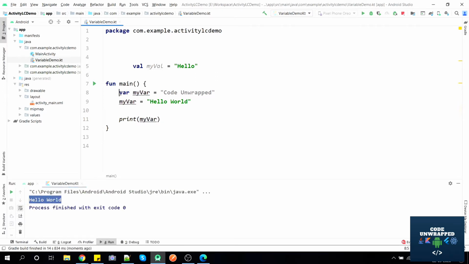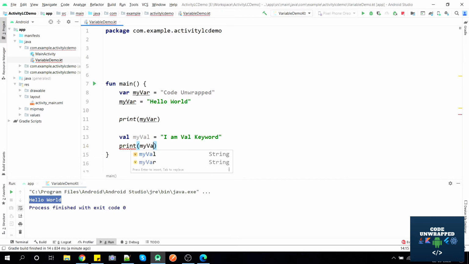So through this we can say that a variable defined with the var keyword is mutable. Now let's see what happens with my val, which is of val type. I'm inserting the text I am val keyword, and printing it as my val.